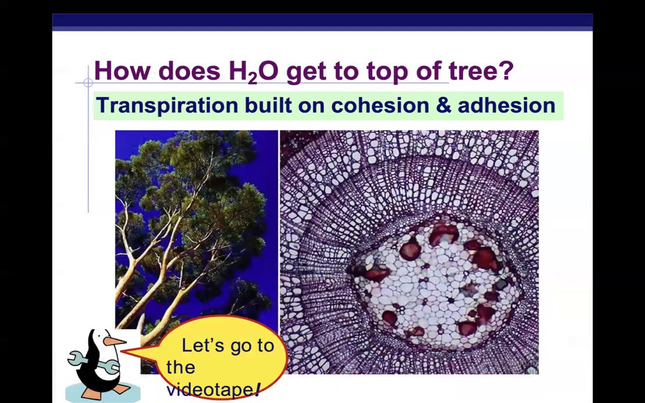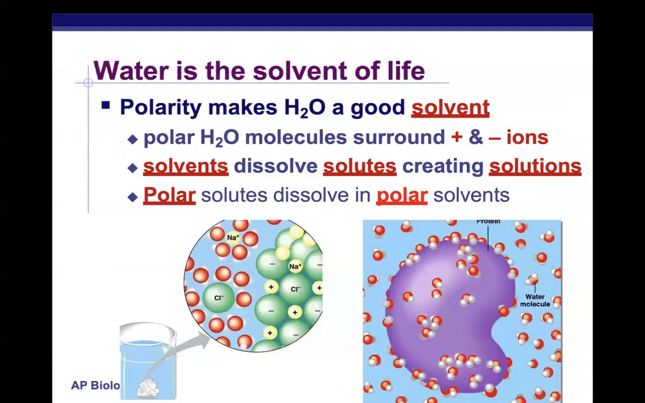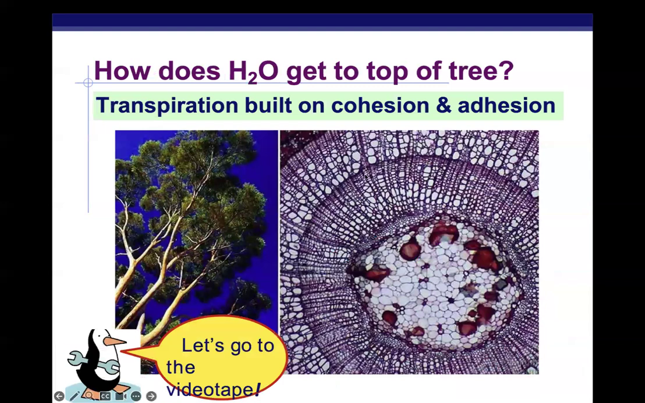So both of these ideas, properties, cohesion and adhesion, is how water is able to get to the top of very tall trees and fight against gravity. So, for example, there are tube-like structures, vessel elements, xylem and phloem within the trunk of a tree, as an